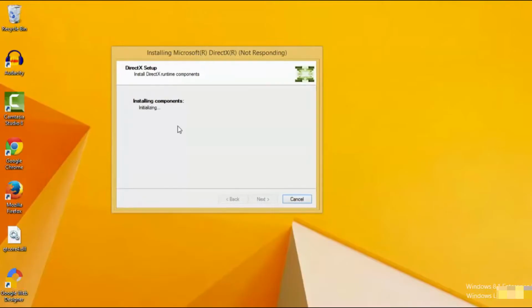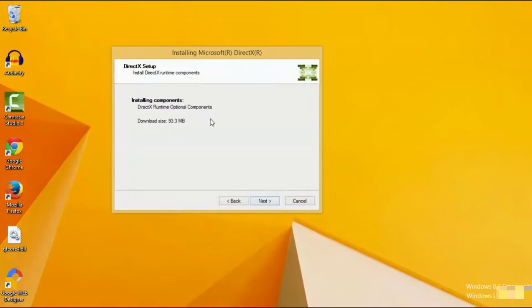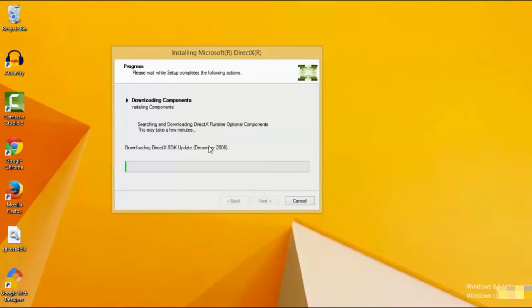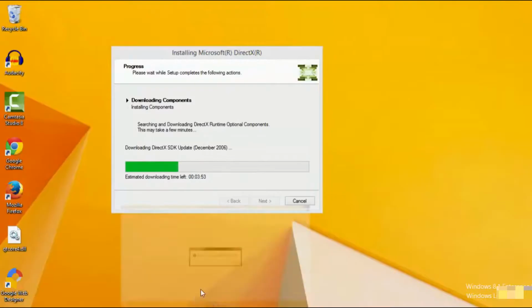DirectX is a package for DLLs which you may require while installing some games. Just click next here and click next, and you will see in between that it's installing so many DLLs, including our DLL, which is this